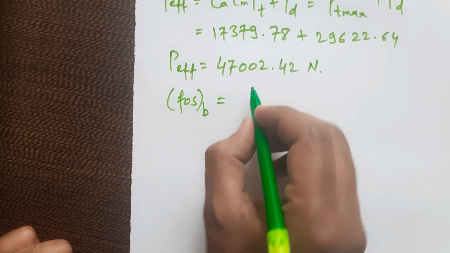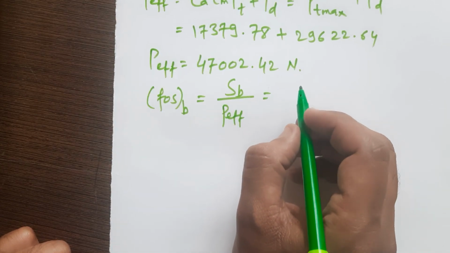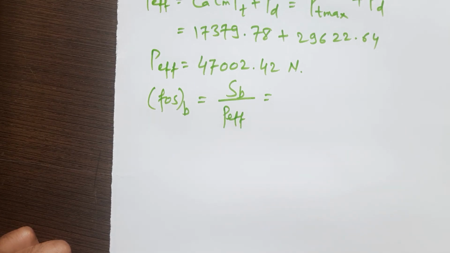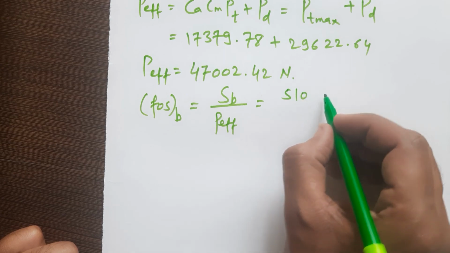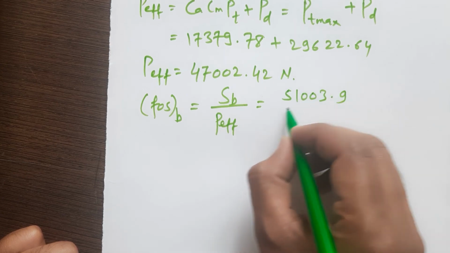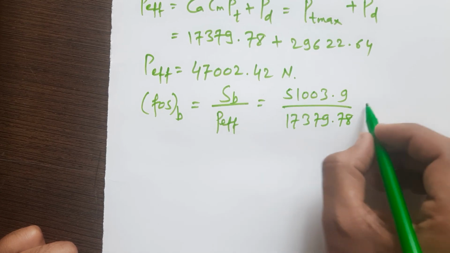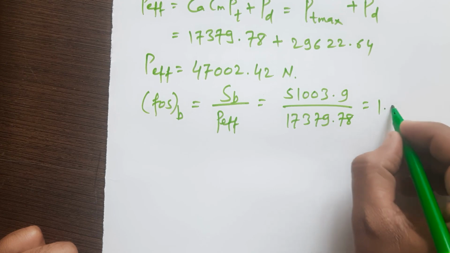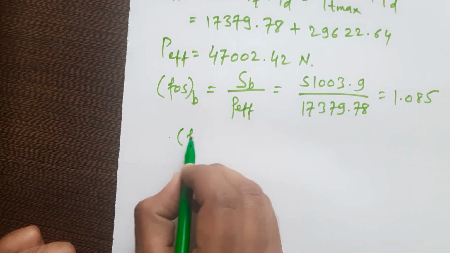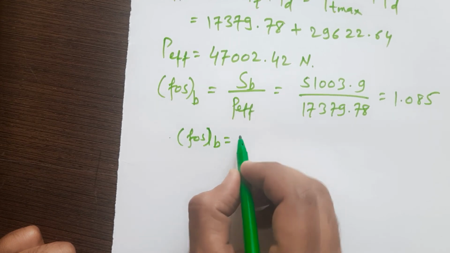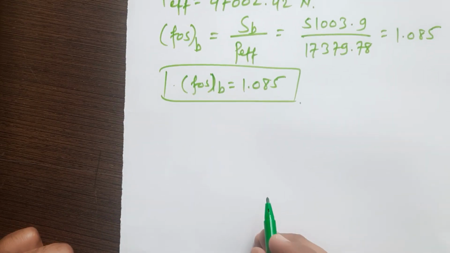Once you have P effective, you can now calculate the factor of safety. Factor of safety against bending is SB divided by P effective. Here SB we have calculated as 51003.9 and P effective is 47002.42, so you will get the factor of safety as 1.085. This is your first answer: the factor of safety against bending is 1.085. Now, second is